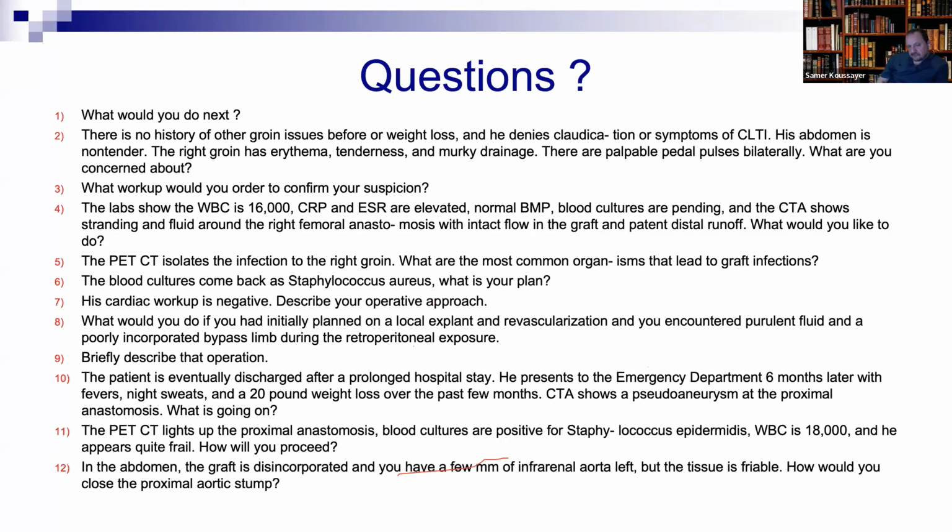So the second thing, if you take it out without reconstruction, it depends. If it's end-to-side anastomosis, it will be easy. But if it's end-to-end anastomosis, you don't leave the aortic stump or high pressure will blow up. So you don't want to take it out and suture the aorta. It's not a good technique. So if you have aorto-bifem done end-to-end, I think it's better to reconstruct it. But if you have end-to-side, then you may cut it, take it out, remove all infected tissue, and wait to see how things go. If you get worse, then you can do axillo-bifem later on.